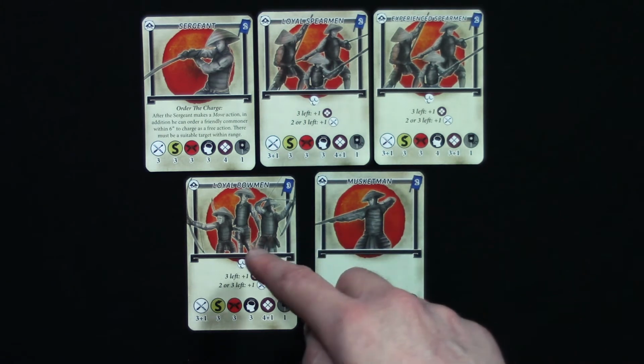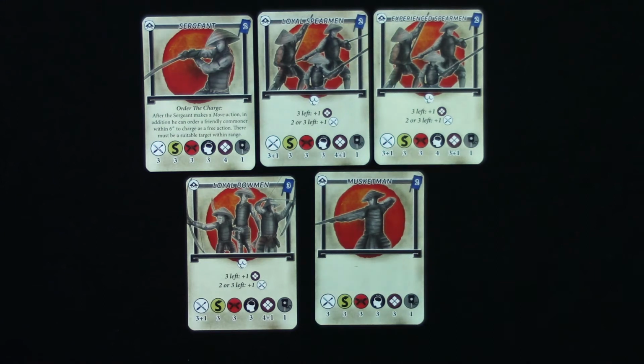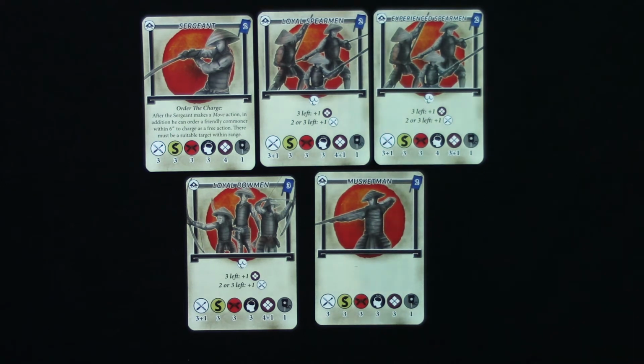If there's 3 of them in the group, they get +1 to Test of Honor, and if there's 2 or 3 of them left, they get +1 to their Test of Aim. And finally for the blue team we have the Musket Man, who again is in this warband just to demonstrate the mechanic. So in Test of Honor, muskets can fire from up to 20 inches away,